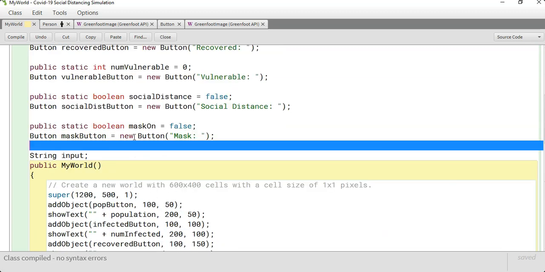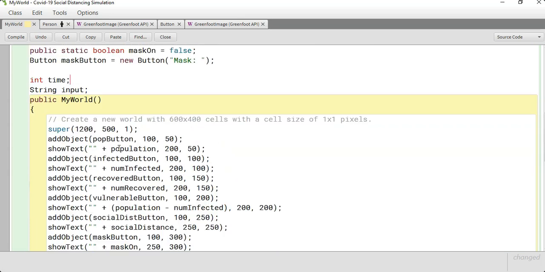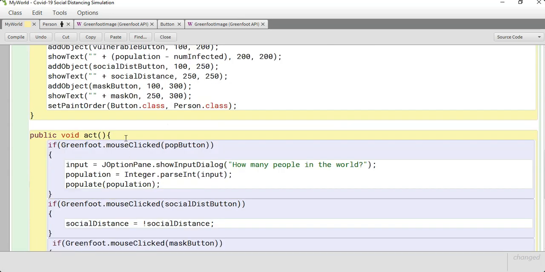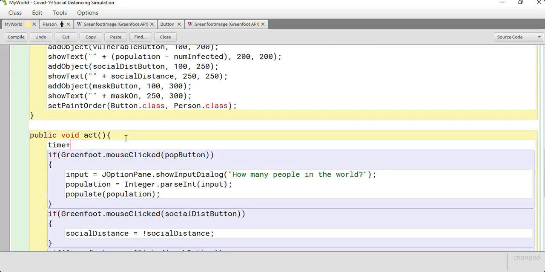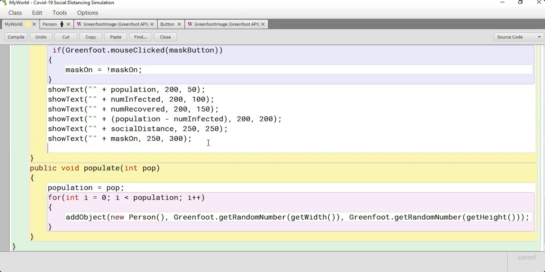So the last thing we can do real quick is just have a time variable. So if we just create int time, and we can have this time add up 60 frames per second, and we can have show text plus time divided by 60 will be 1 second, and we can actually put time colon space,